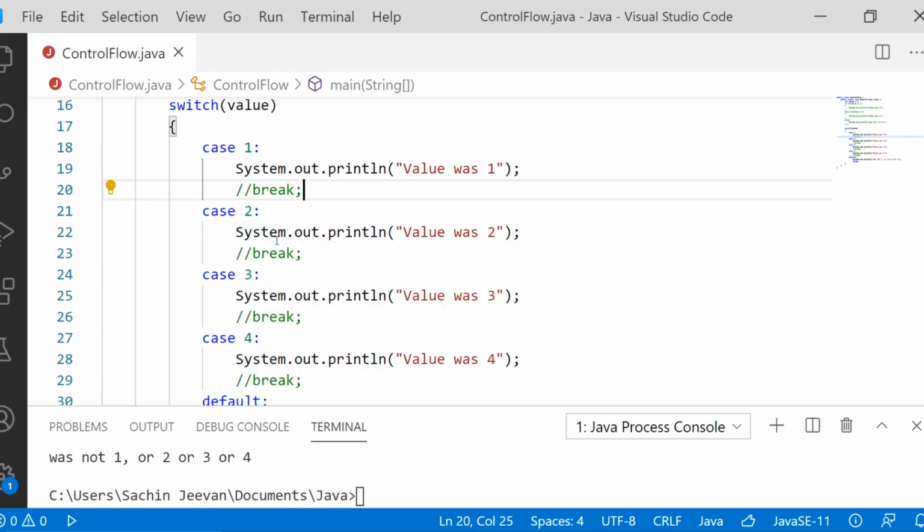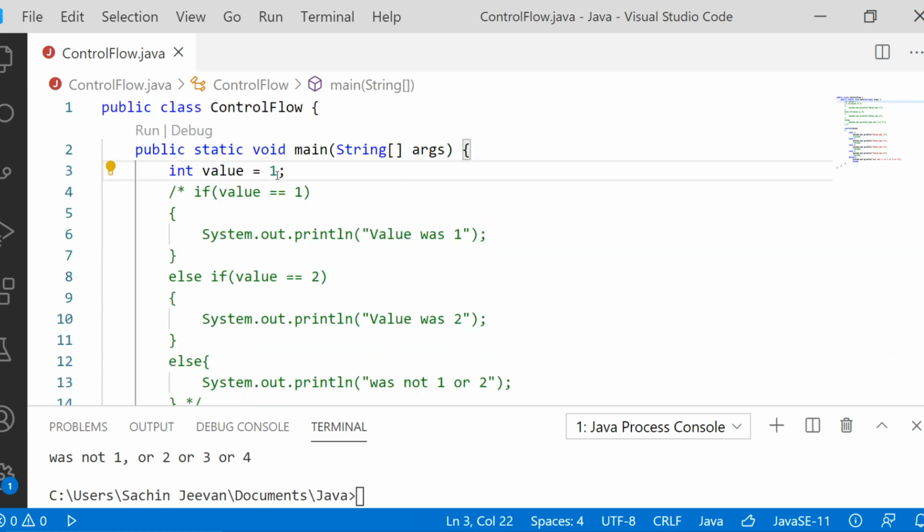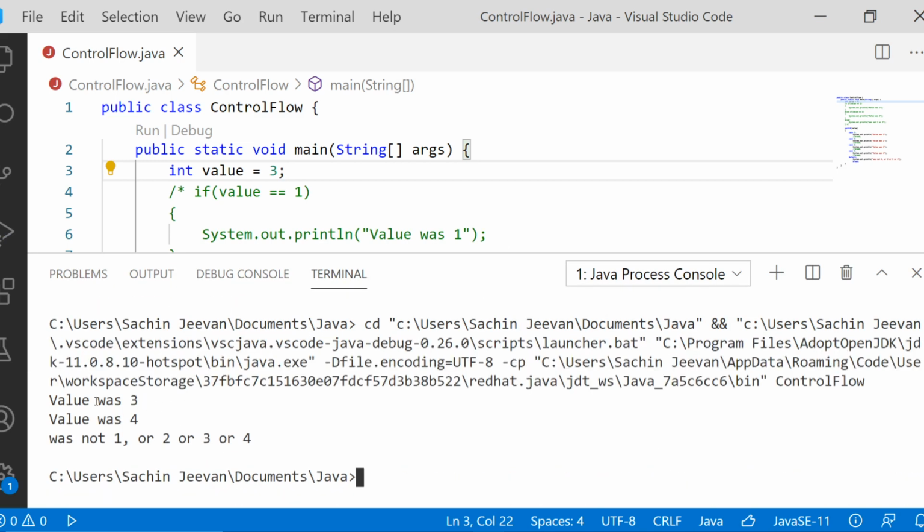So without break, if case 3 is working, then from case 3, case 4 also will be printed, and default also will be taken into account. If case 3 is what we have given, case 1 and case 2 will not print. So let us change the value to 3, and let us check. You can see here that the value was 3, value was 4, and then value was